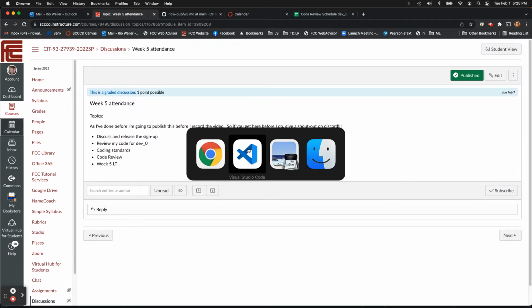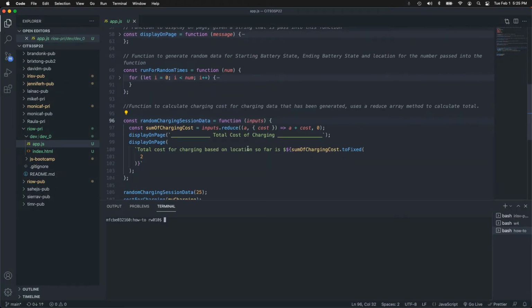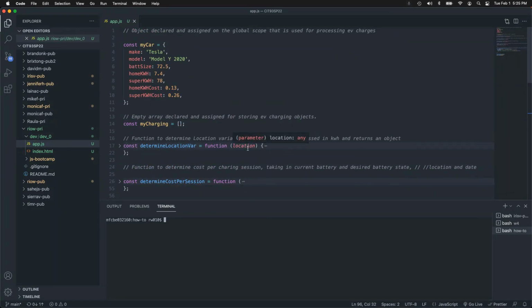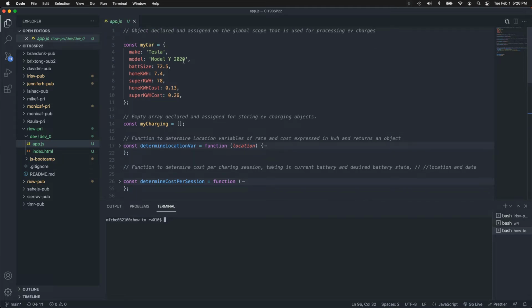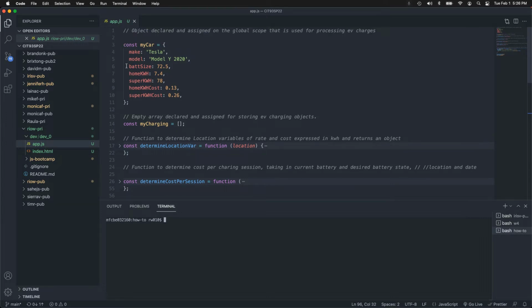So let me show you my code. I rolled some things up just to give you an idea. My code is based on EV charging, so charging my EV. I set up an object with some data about what I needed for my car.